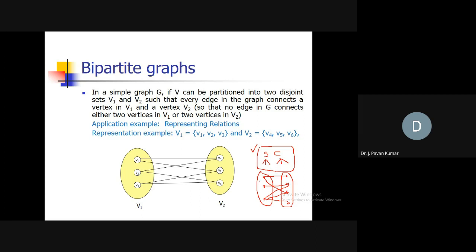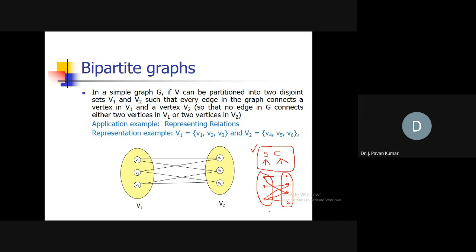But we will be having an edge between student and the course. Similarly, enrolled is the relationship. Suppose student S2 enrolled in S1, it is not correct, right? So we will not be having any edge between S1 and S2, or S2 and S3, or S1 and S3, like that. So we will not be having any edges among students, any edges among courses as well.